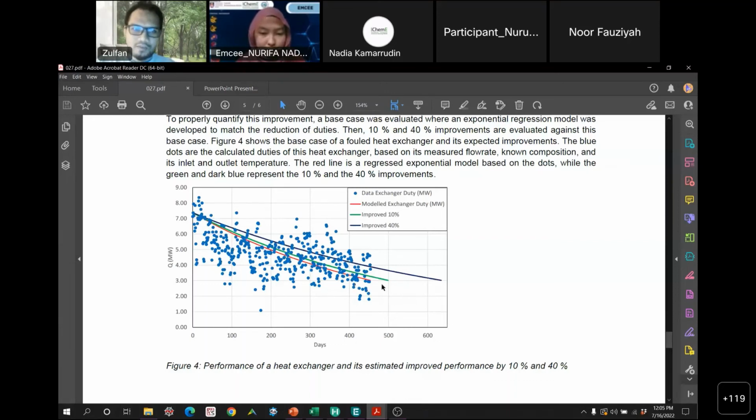I will add to that. Once we know that the exchanger is fouled, I identify it and it is confirmed by the plant, and we dig deeper into the profile. For all of those fouled exchangers, I made the same calculations. Then we discussed with the vendor, who can claim that they can improve the performance of heat exchangers by 10%, 40%, even more, 100% or something. But then if I say,